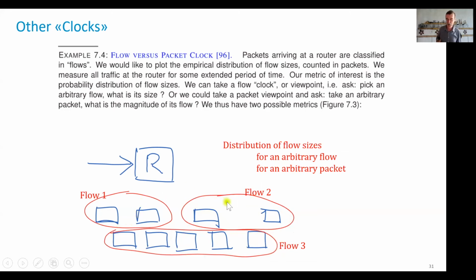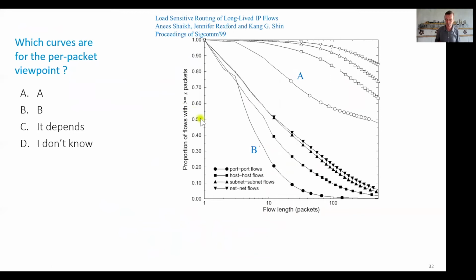But if you ask the flows, what is your size? You will have 2 flows that say 2 and 1 flow that says 5. So we have only 1/3 of the flows that are 5. That's exactly what we see here. If we look at the median, so we take 50% on the y-axis, for the first case, port-to-port flow, for B we find a value of perhaps 7 or 8, whereas for the A curve at the median, we find a value of perhaps 1,000. So A must be the viewpoint that corresponds to packets, because if we ask packets, we see more packets in the large flows, so there will be more weight given to the large flows. That's exactly one of the mechanical symptoms that explain differences in viewpoints.